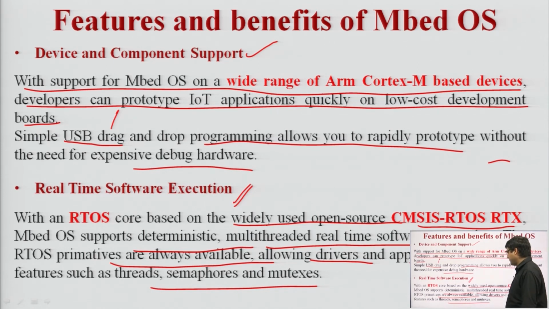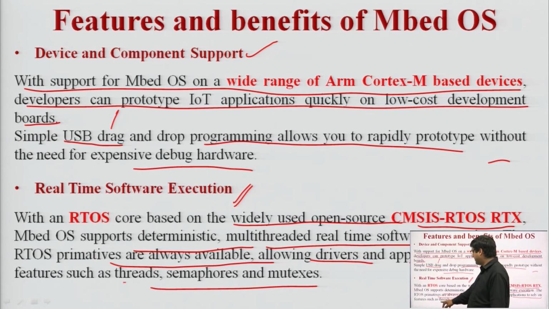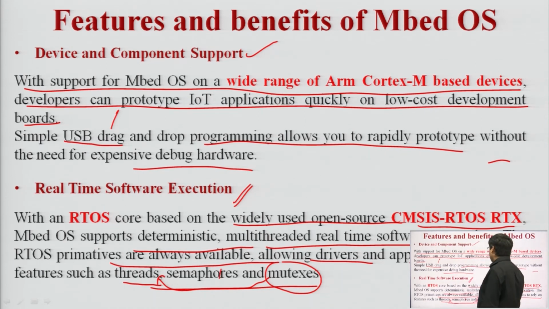semaphores and mutex. In the previous lecture we have seen that threads are basically the tasks the microcontroller is going to do. Mutexes are used for managing the threads if there is more than one thread in the system, and semaphores are used to manage the resource allocation to the threads. They are not managing the threads, they are managing the resource allocation to the threads, semaphores, okay. So all are basically linked with the real time operating system.